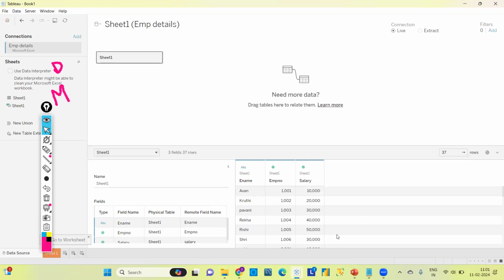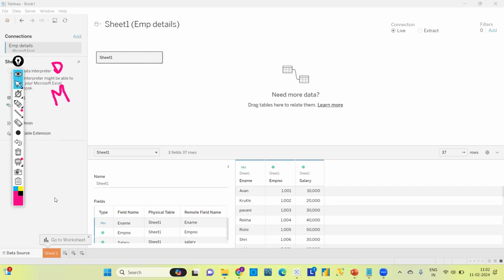Tableau is smart enough: whenever the data is connected, it automatically analyzes the data types. ABC means string data type, and hash means integer data type. It also shows us how many rows are there in this data. So this is the data.